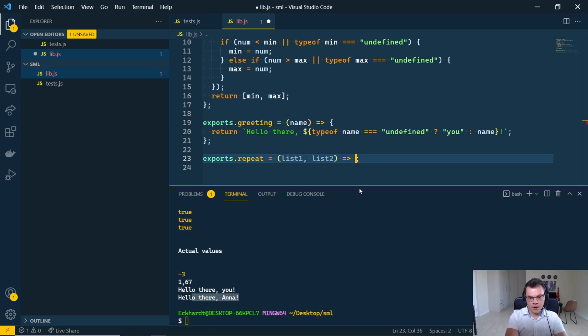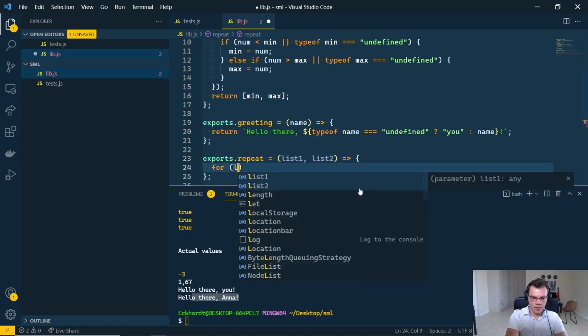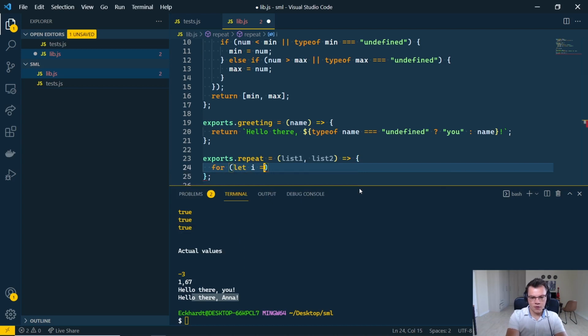So what I'm going to do is create a for loop. So let i equals 0, and remember the specification didn't require that they have different lengths, so I'm just assuming they have the same length. So i is less than list1.length, i++,